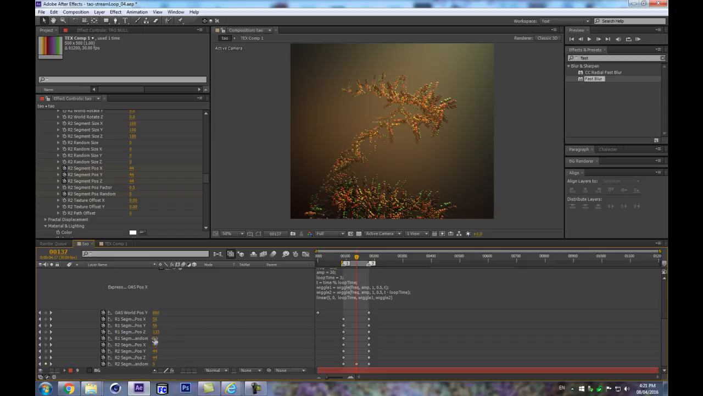And let's try 5 here on the segment position random, and let's try 12, 12, 24, 22, 22, 22. So they will all like contract. I don't know. Perhaps it's not gonna look great, but it's just one thing that we can try here,